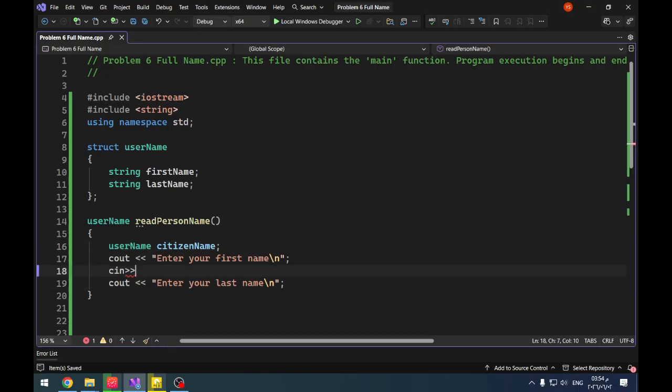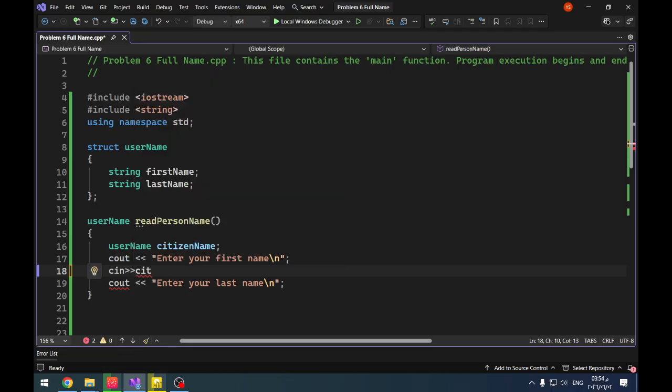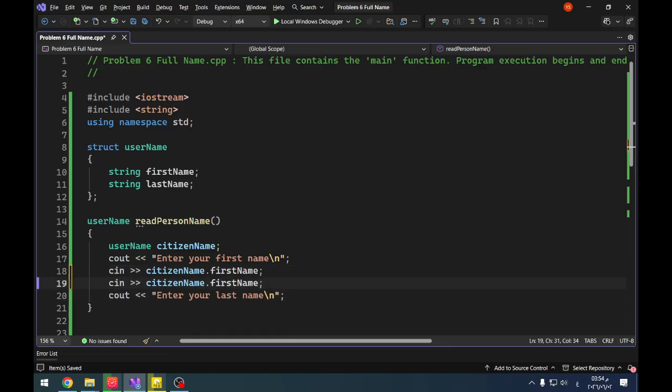And we're going to say citizen name dot first name, and then we duplicate this for the last name. And then we're going to return